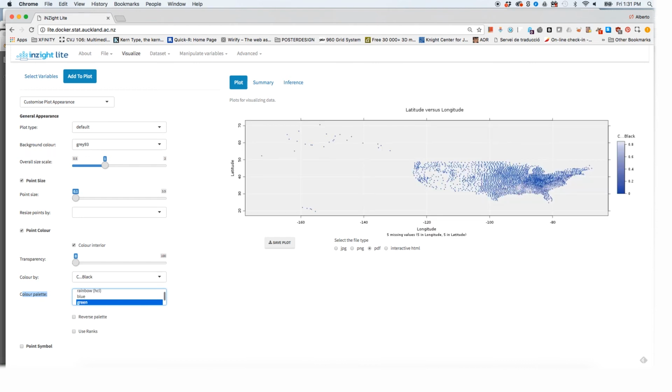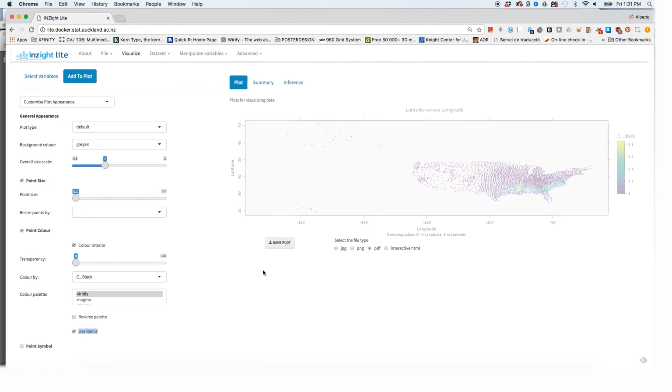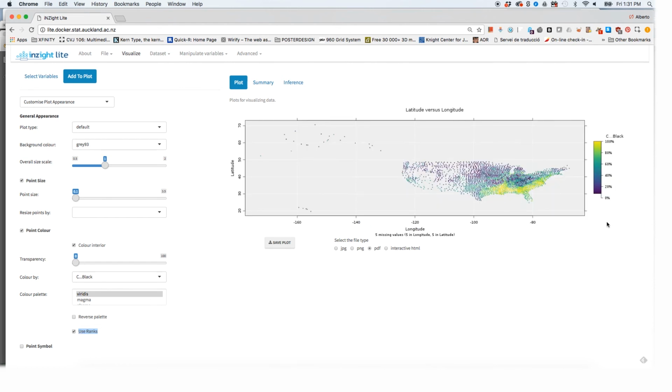Blue, which is the intensity of the blue. Green, so you have monochromatic color palettes as well. So you can play with the colors, but this is something that we can easily modify later in Adobe Illustrator. There's also one option here that I haven't tried called Use Ranks. I'm going to click on that to see what it does, because I have never tried it. Well, actually, there you go, it changes the scale from 0% to 100%, and it ranks the